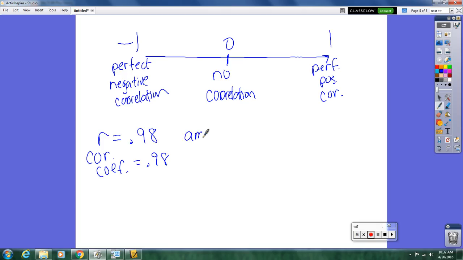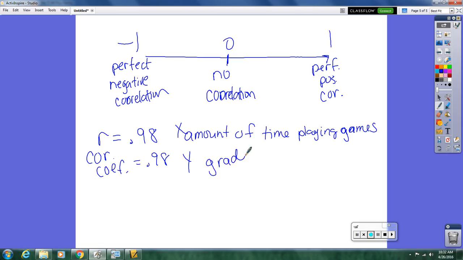They're going to say, okay, the correlation coefficient between amount of time playing games, that's the X, and your Y is your grade. Wait a minute, negative. Let's put that negative on there. So the correlation coefficient between amount of time playing games and a person's grade is negative 0.98. What does this mean? And then you'll get answers like,